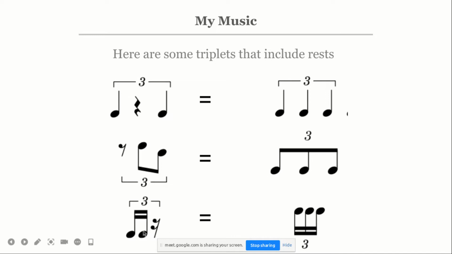And then we have 3 semiquavers here. The last one is a rest, but they are covered with a triplet. So the 3 of them should be equal to 2. So it's like this triplet on the right. Any question before we move on about the meaning of a triplet and how triplets work?